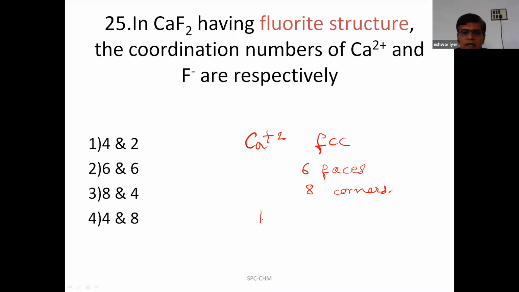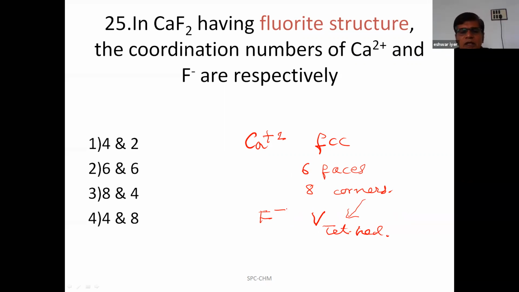Then where do you find the fluoride ions? Very small. Fluoride ions being very small, they occupy all tetrahedral voids. So you know the positions of the tetrahedral voids in the cube. When you divide one big cube into 8 small cubes, in each small cube one comes in the middle. And this is surrounded by